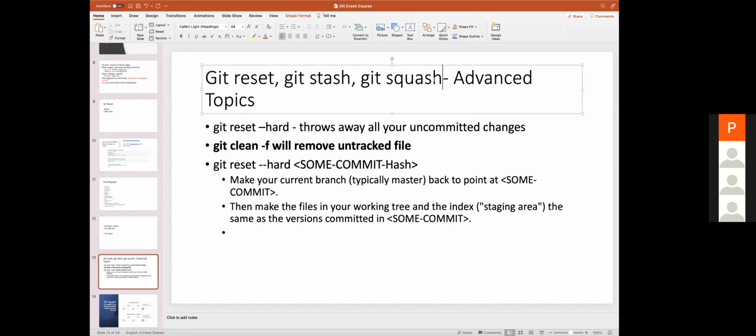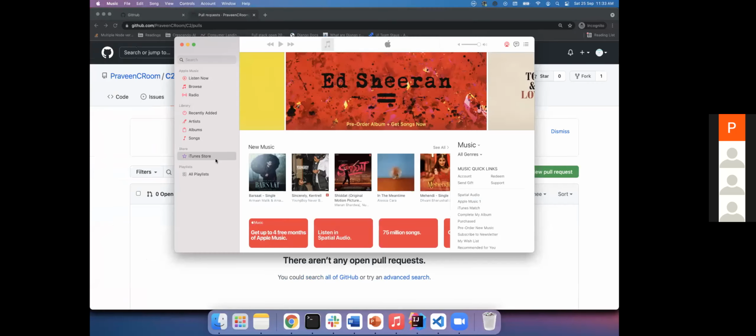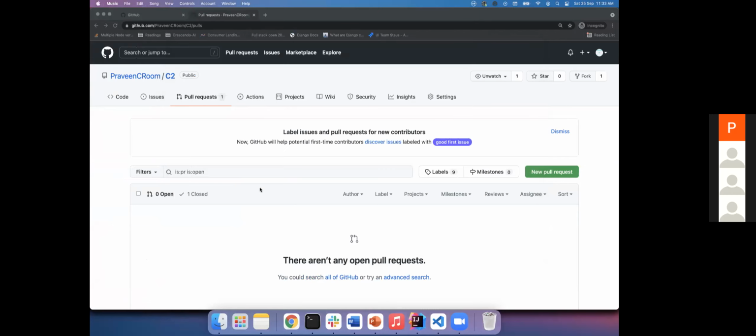That time you can use a squash. I'll try to explain the reset also, but I'll talk about the stash first. Okay, stash, for example, sometimes you're working on something, and immediately someone says, no, take that functionality and do it. We happen getting that, right? And we may be halfway in the development, and in order to do that, what we'll do is take a whole copy of the code and then we'll come back.